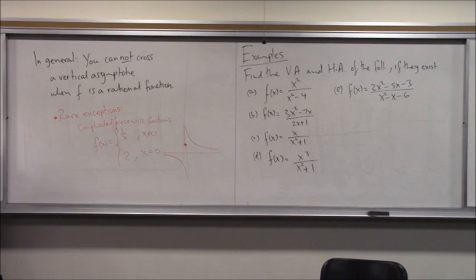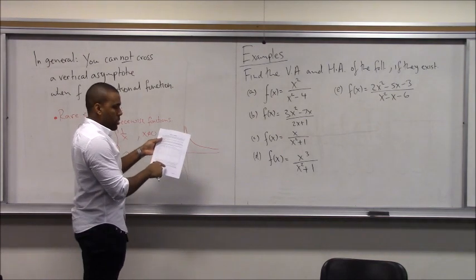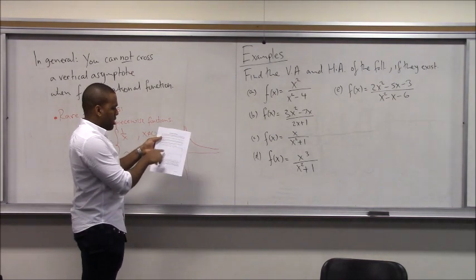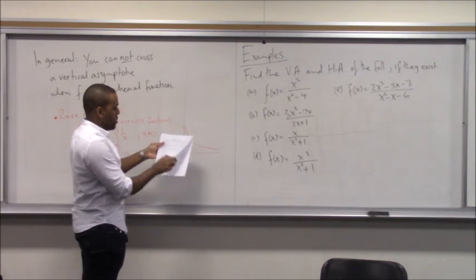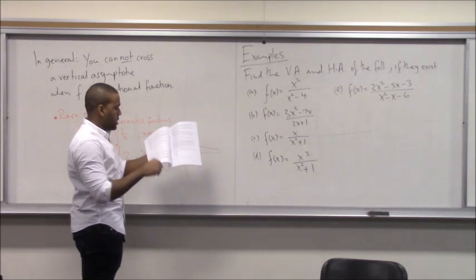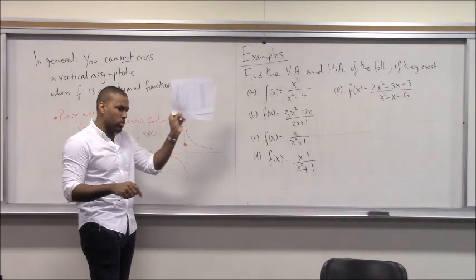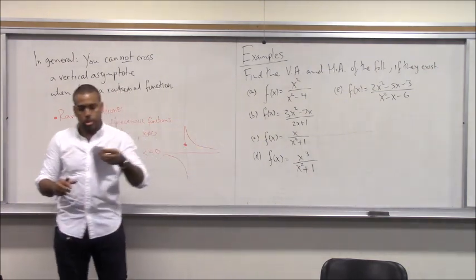That's pretty much all we wanted to cover from this section, so it's a very short section. Now, some things are in here that I didn't talk about. That's because we kind of talked about it before. I talked about how an asymptote can help us draw a graph, but I've actually sketched graphs like these in a previous class. So you should read through this, maybe read through the notes where I actually did sketch some rational functions,